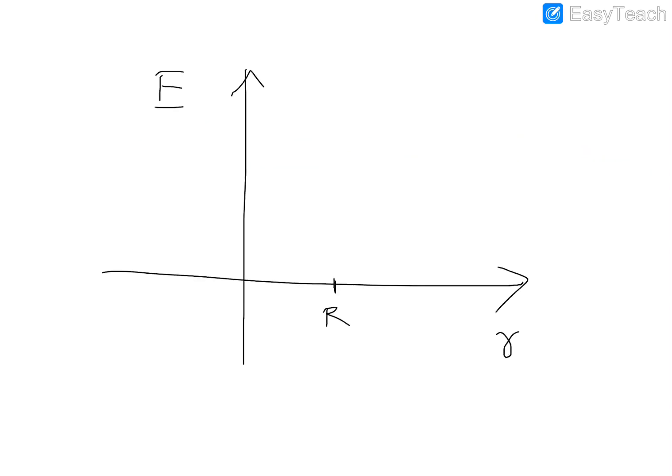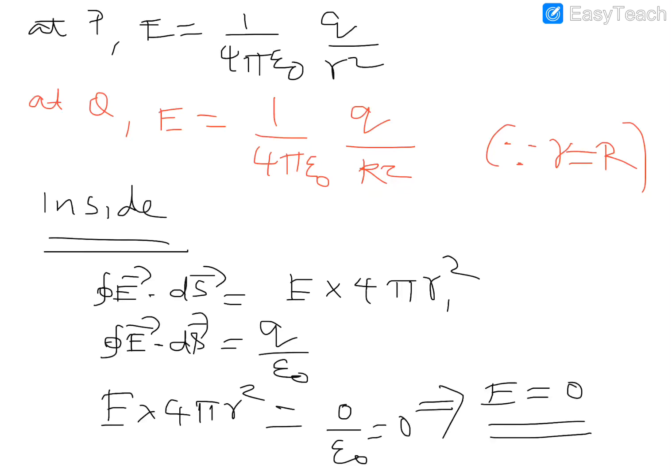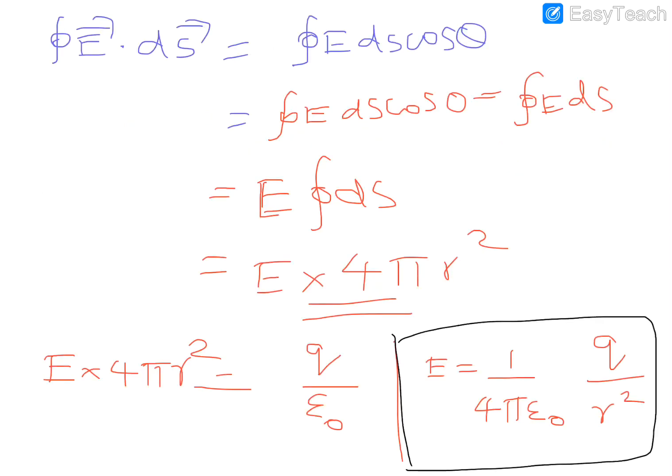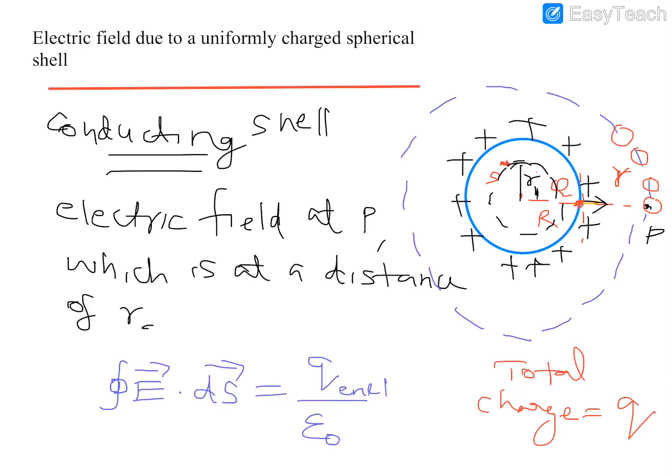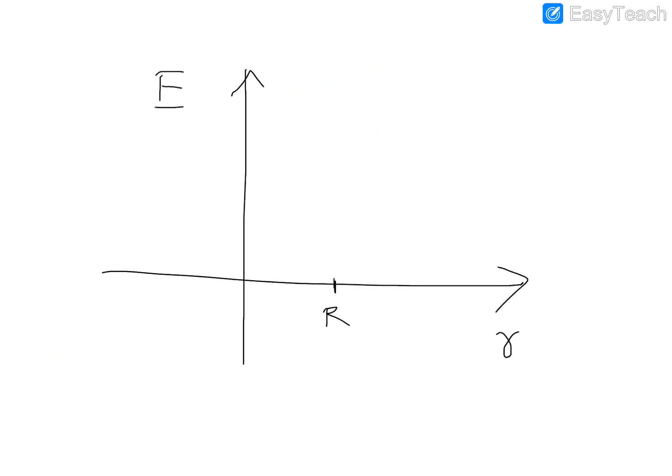Okay, so now what is the case when it is inside the shell? That means up to a distance of r is the radius. Within that shell the electric field is 0, because we just calculated that only inside the shell the electric field is 0, the third case. So up to a distance of r the electric field is 0, isn't it? So in your graph also, up to a distance r your electric field will be 0. There won't be any electric field.